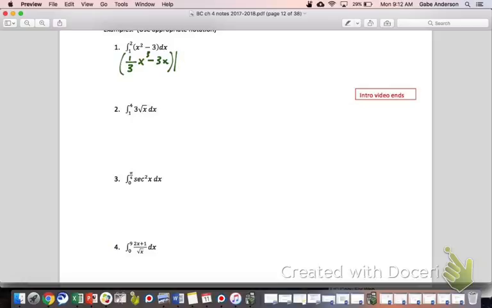And that's actually a fair point. Later on, when you get to a Calc 3 setting, putting x equals 1 to x equals 2 will make a big difference because there could be all kinds of stuff going on there. So that's what we are doing. No need at this point probably to do that. And then we evaluate. If I plug in the 2, I'm going to get 8/3 minus 6